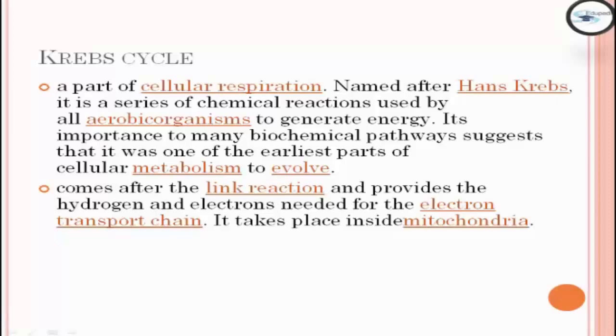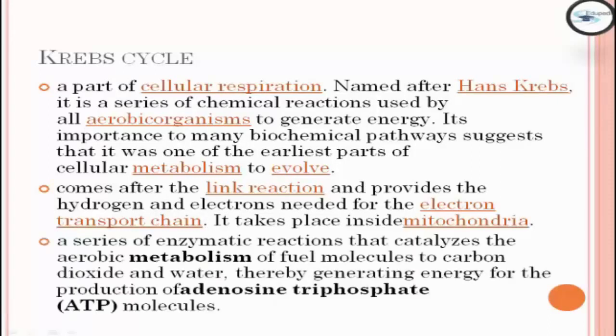It comes after glycolysis and provides the hydrogen and electrons needed for the electron transport chain. It takes place inside the mitochondria. A series of enzymatic reactions that catalyze the aerobic metabolism of fuel molecules to carbon dioxide and water, thereby generating energy for the production of adenosine triphosphate or ATP